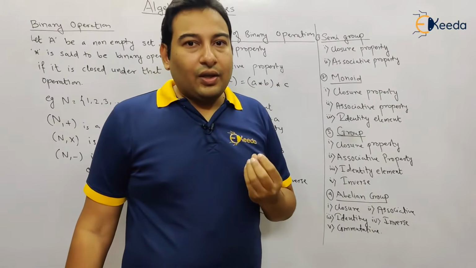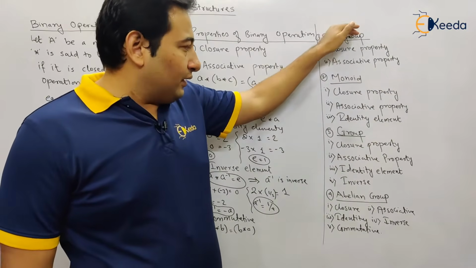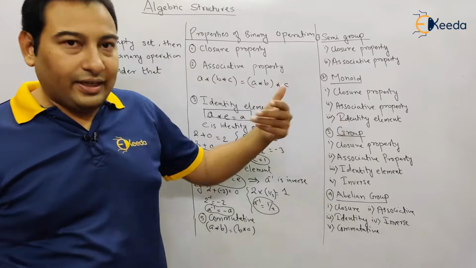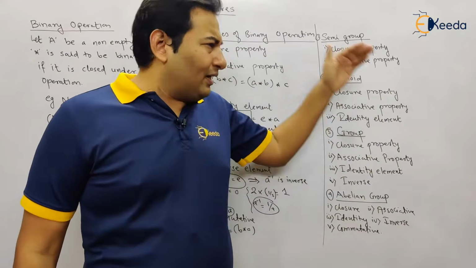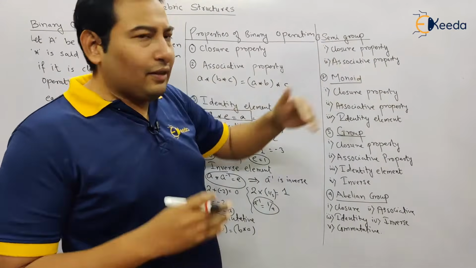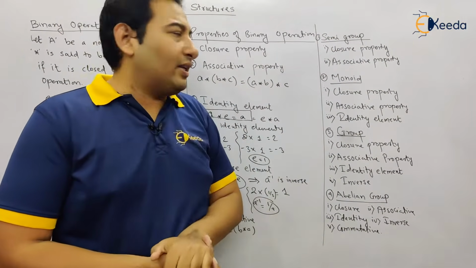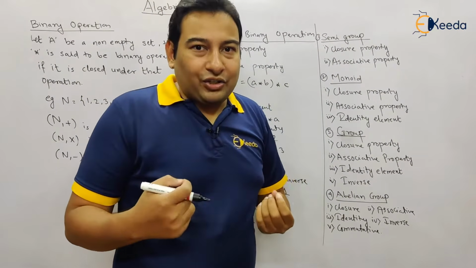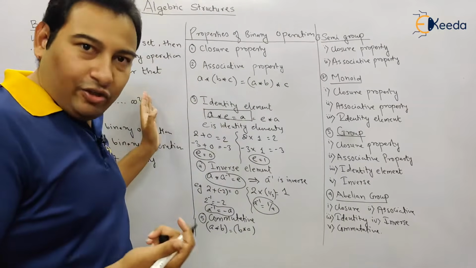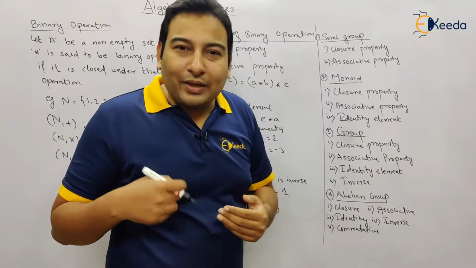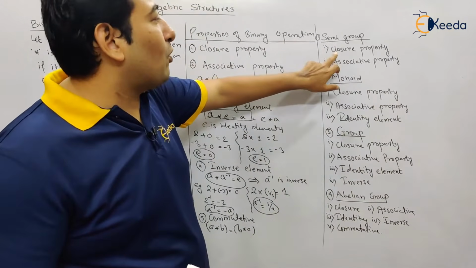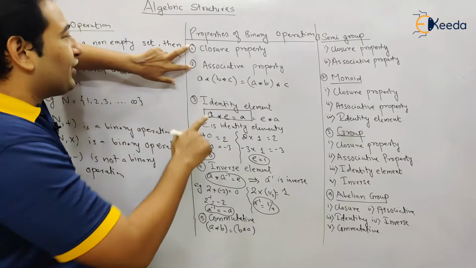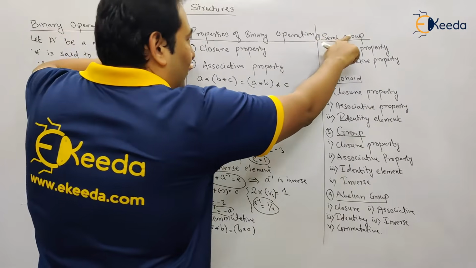Now let us discuss what are the different algebraic structures. So there are 4 algebraic structures that we are going to discuss in the coming videos. And there are a few more also, but yes, we divide into 2 parts basically. In the first discussion, we'll talk about these 4 algebraic structures. The first algebraic structure is semigroup. When a binary operation becomes a semigroup, we know the binary operation, right? When it satisfies the properties closure and associative. See these 2 properties. If a binary operation satisfies these 2 properties, then it is called a semigroup.